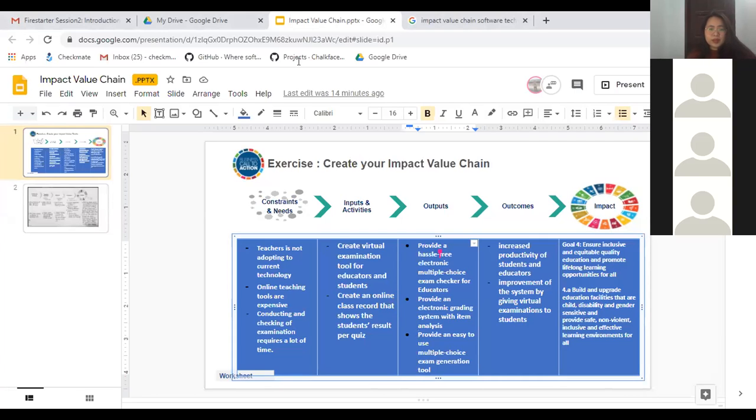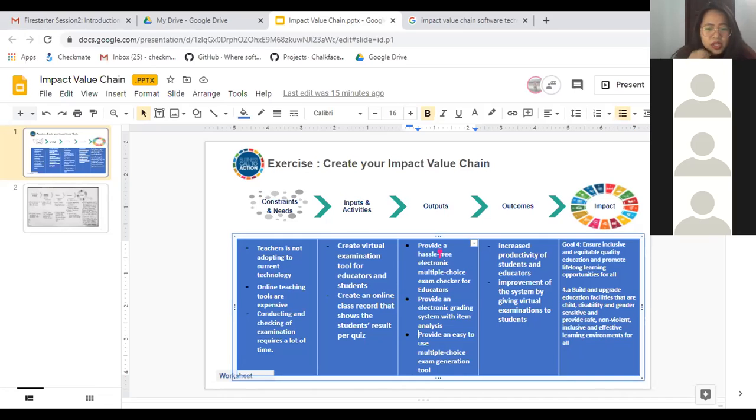So maybe we could use this 4.A: build and upgrade education facilities that are child, disability and gender sensitive and provide safe, non-violent, inclusive, and effective learning environments for all. We just think na we can provide them a learning environment virtually. So that's it, ma'am.